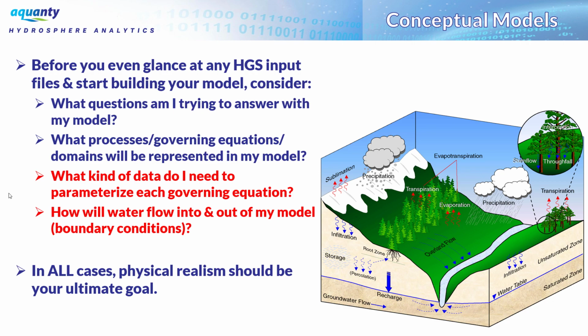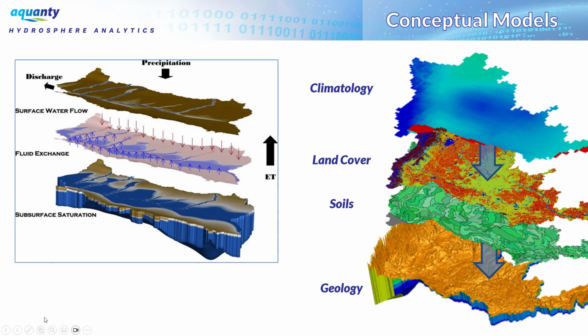So conceptual models are going to incorporate all of the different parameters you want to do. You want to apply a physically realistic distribution of material types and associated parameters, and again, a realistic distribution of boundary conditions. So typically, in a regular HGS model, we're going to have overland flow. So we need to know land cover properties and distributions, and then variably saturated flow in the subsurface. So we need a detailed soil map or map of hydrostratigraphy in the porous medium domain,